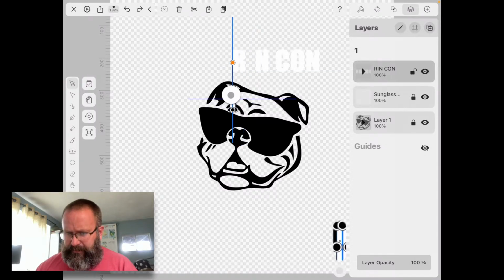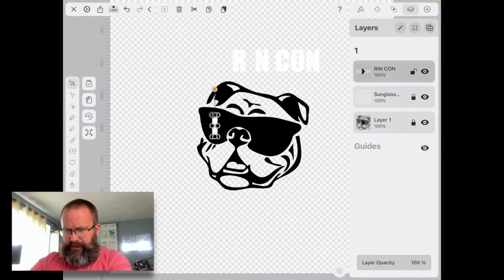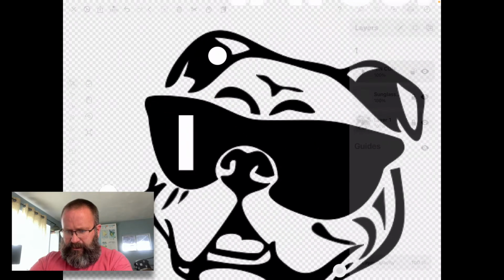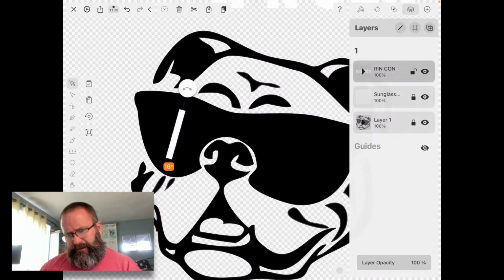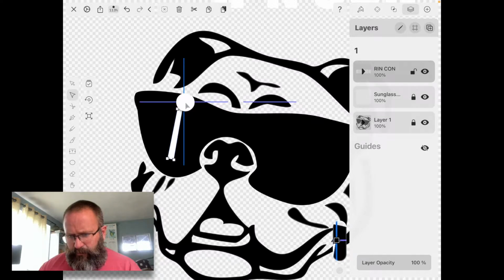Because I want to bring it just right over here in the middle, but I'm going to zoom in with my 2 fingers, and I'm going to have to resize this a little bit. And I kind of want it to tilt just a little bit to kind of meld with the sunglasses. And now I'm going to go into node tools, and I want there to be a rim to the sunglasses, but I also want,